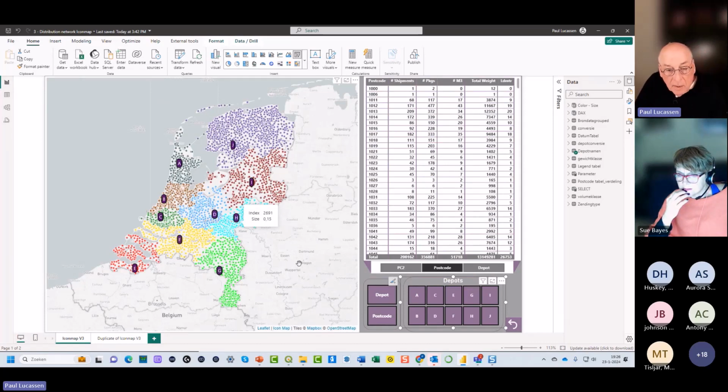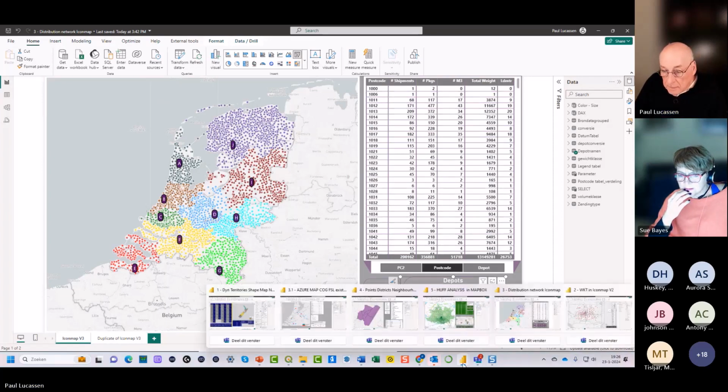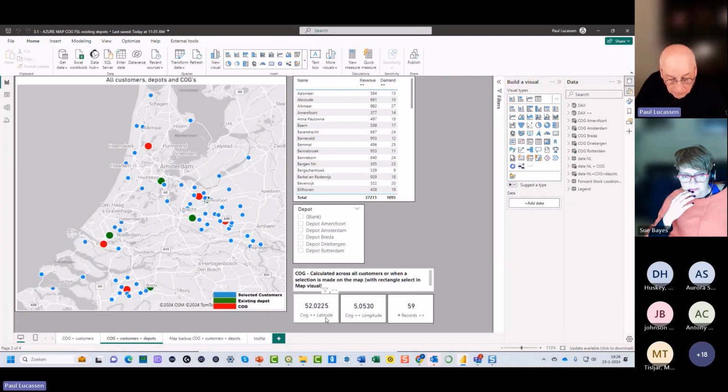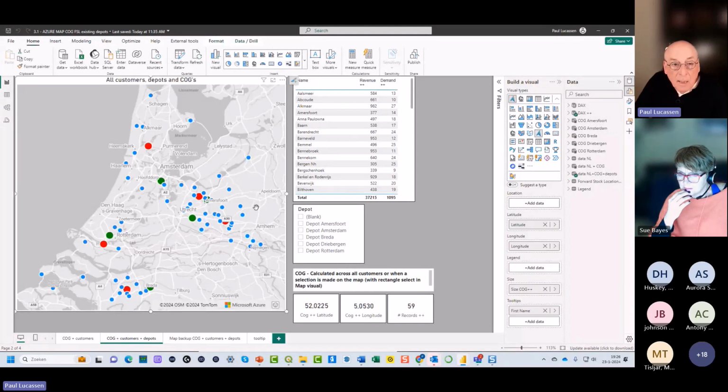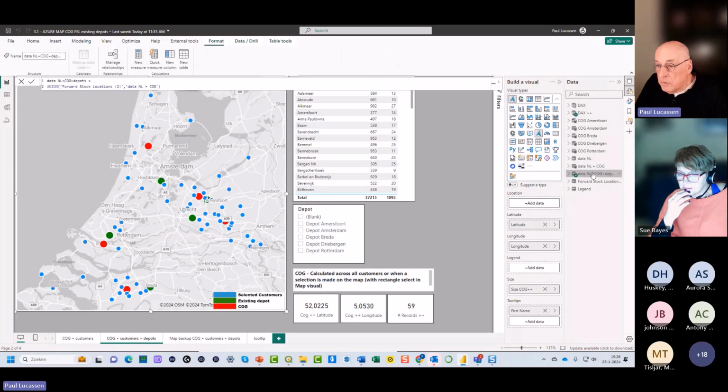So the next step is to identify center of gravities for those locations. As a simple representation for that, this is a map showing the customers in blue, the existing depots, and the center of gravity. They are all in one map, and it's all done with conditional formatting and stacking all the data in one table. So if we go to the table,